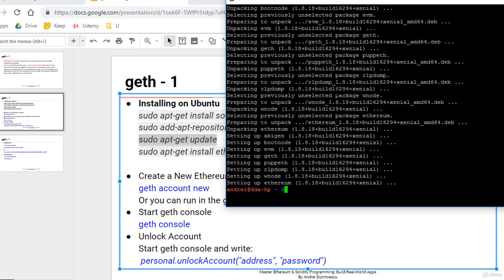I've already installed Geth. The installation is straightforward on Ubuntu, and now I'll show you how to create an account